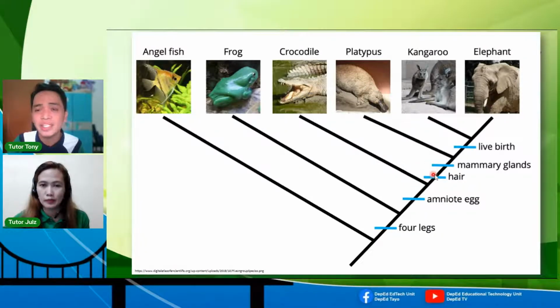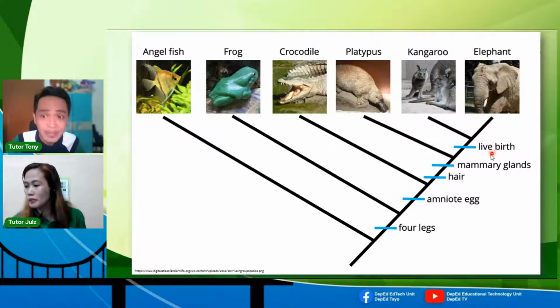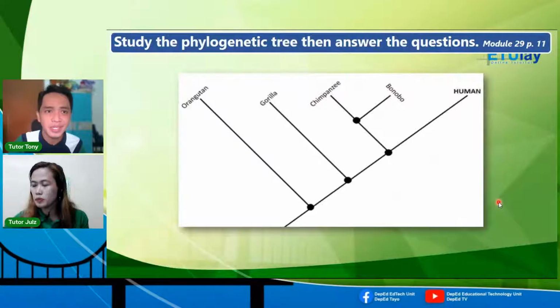Pero commonly kasi, generally, ang mga mammals tulad natin, ang mga anak natin or mga offspring ay pinapanganak ng live birth. So hiwalay yung branching niya, depende sa characteristic. Alright? So I hope that is very clear. I will help you out. So there's no pressure in answering sa ating activity sa chat box, pero you can still try pa rin naman.